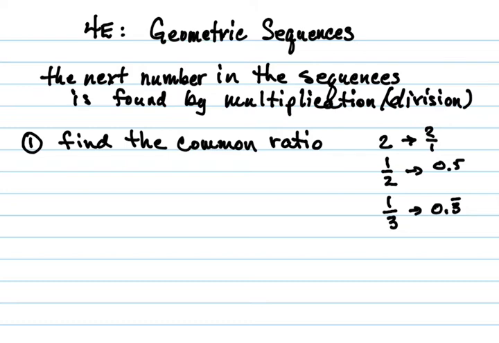Okay? Once you've found the common ratio, and we're going to do that exactly the way we did in finding the common difference, what number multiplied times the first number would give you the second number, right? So same idea. And you need to test a few numbers just to make sure. Now these can get really bad really fast if the numbers are large. So your most common ones